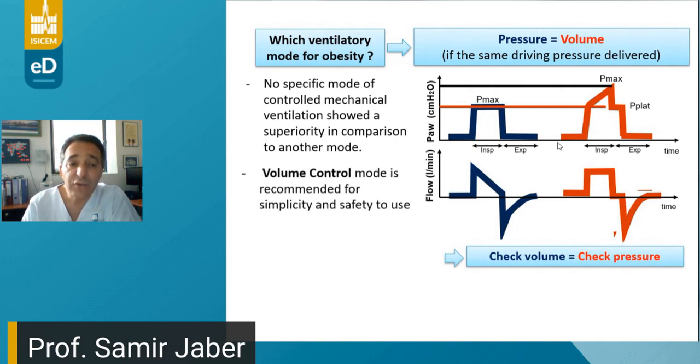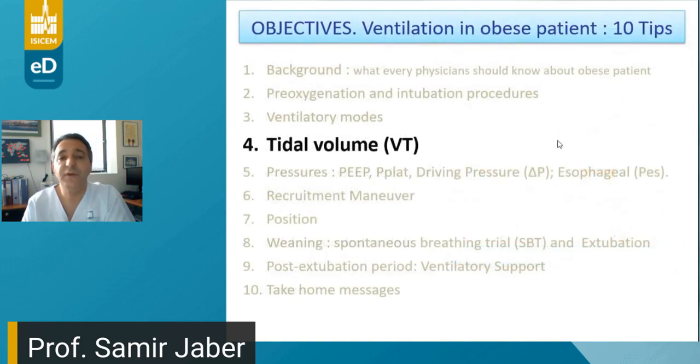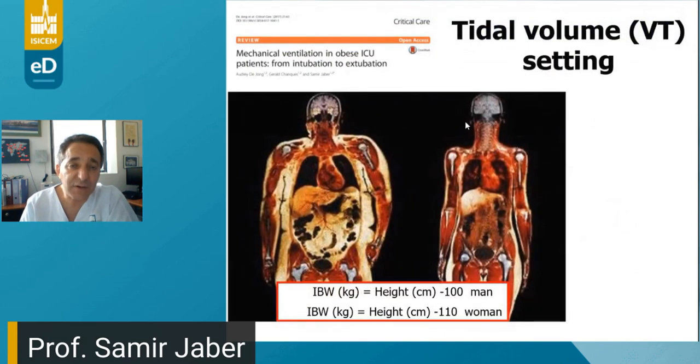So today, the volume control mode is recommended by the majority of the societies because of the simplicity and the safety to use. However, in volume control mode, please, it's recommended to set the inspiratory flow at 60 liters per minute, which means 1 liter per second or more, to provide enough inspiratory flow in case the patient has an inspiratory load and is awake. Tidal volume, it's very easy to remember that it could be set according,